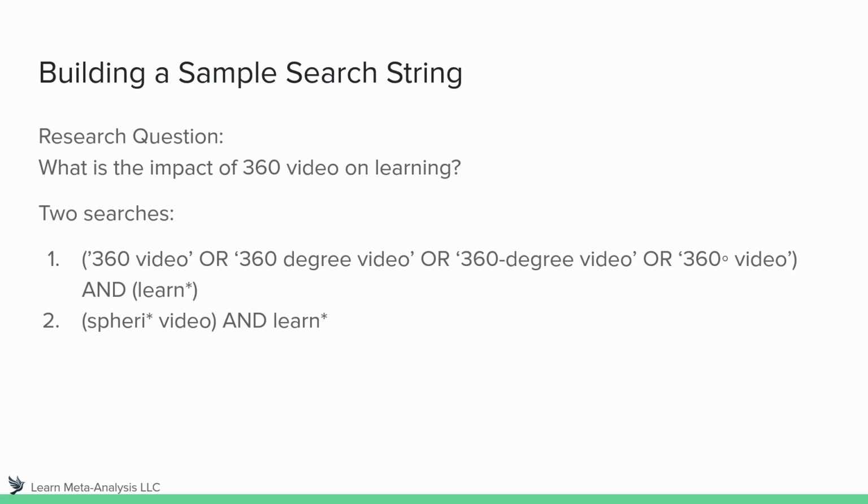video. And you can see here we use the asterisk at the end of sphere, so that way it would capture numerous different endings. And you can see we still have the word learn with the asterisk on the end, in the hopes that we will capture more. So in hindsight, this was a mistake. It would have been much easier to just incorporate that spherical video term somewhere into the previous search string, but we didn't know about that when we started, and so we ended up having to go back and run a